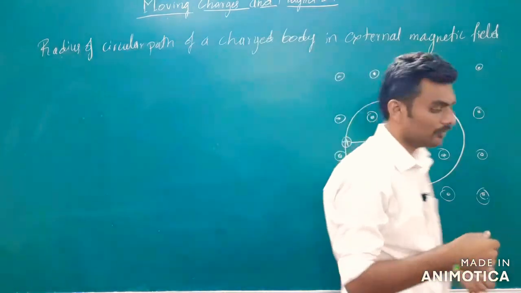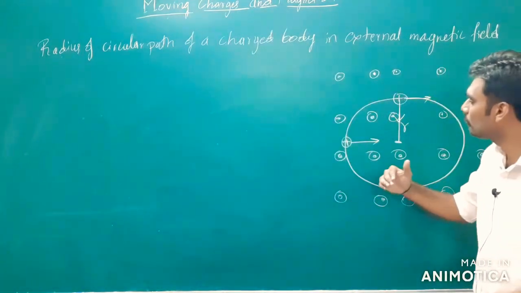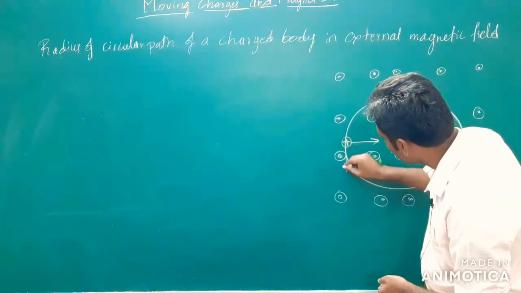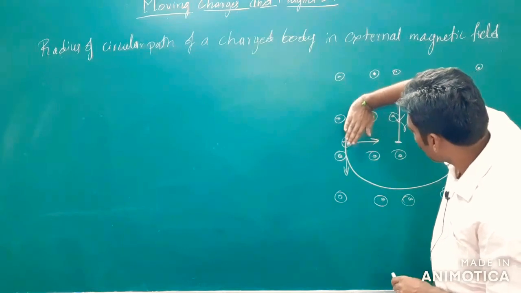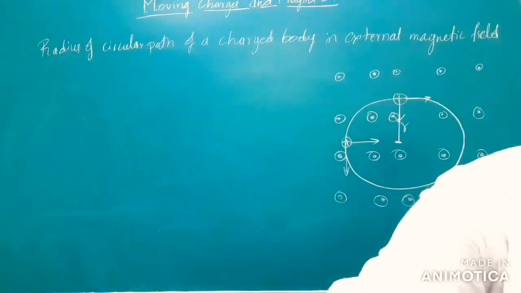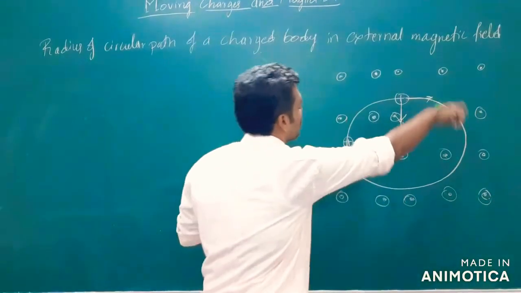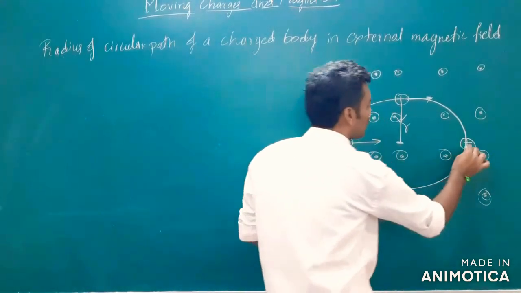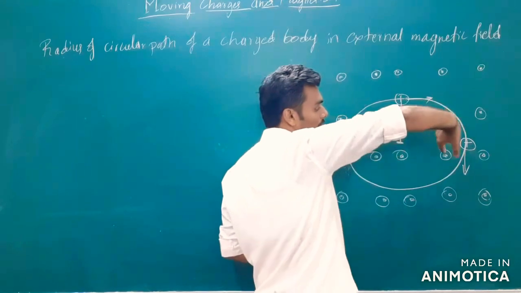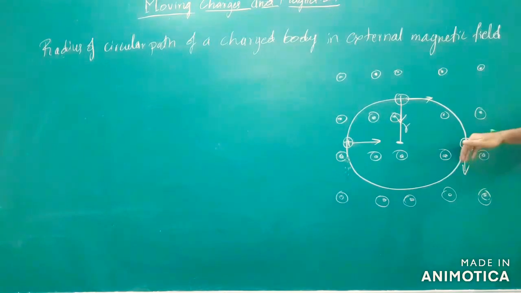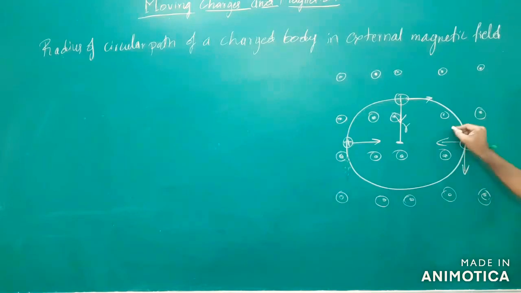Yes, out of the board. This is the direction of velocity, right? Sorry, the path that I took is like this, so this is not the direction of velocity. The second position that I should take is here, and the direction of velocity is like this. So it is V cross B, right? B is out of the board, so V cross B, and again the force is towards the center.